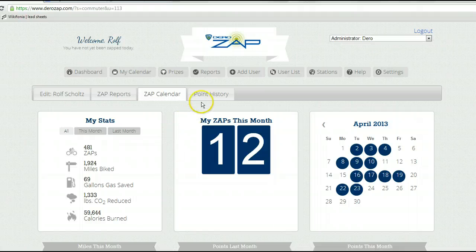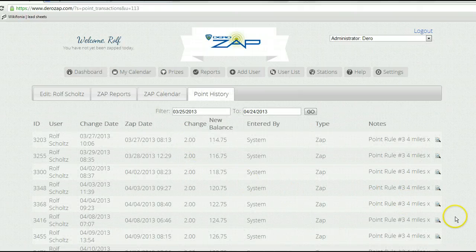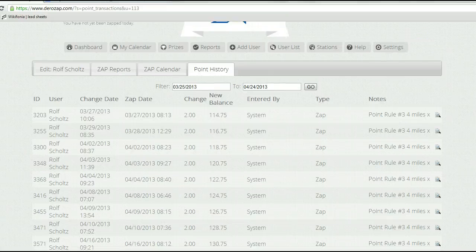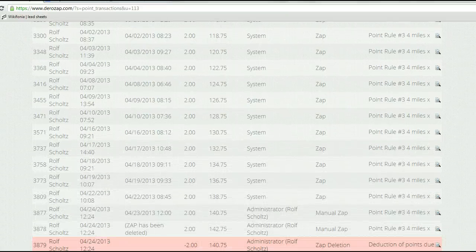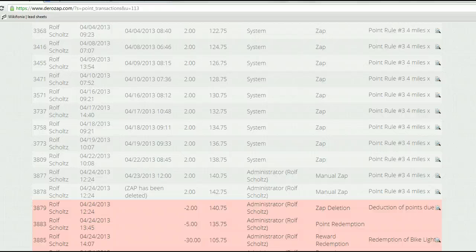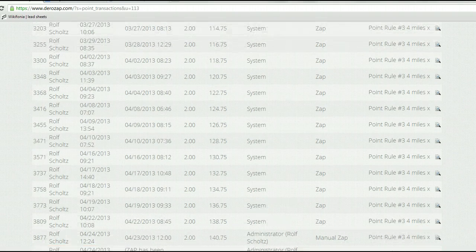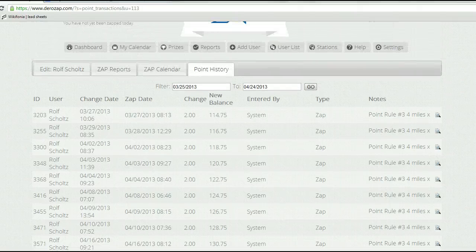The administrator would go into their dashboard and look up the user on the user list to look at the point history, and there's a point history log showing how the points were earned and also how the points were spent. This gives you a log of what was redeemed. In this case, it shows that there was a redemption and who redeemed it, Rolf Schultz, and what was redeemed, so that it maintains an audit trail of what happened to the points, how they were redeemed, and who